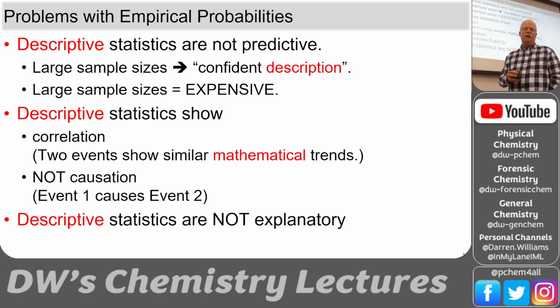And so this is why we say descriptive statistics are not explanatory. They don't describe why my life expectancy might be 74. You have to get into medicine and diet and exercise and all of these things as to why my life expectancy should be a certain thing. They just describe what it is, not what it ought to be or why it is. Okay. And let's look at some funny examples here.